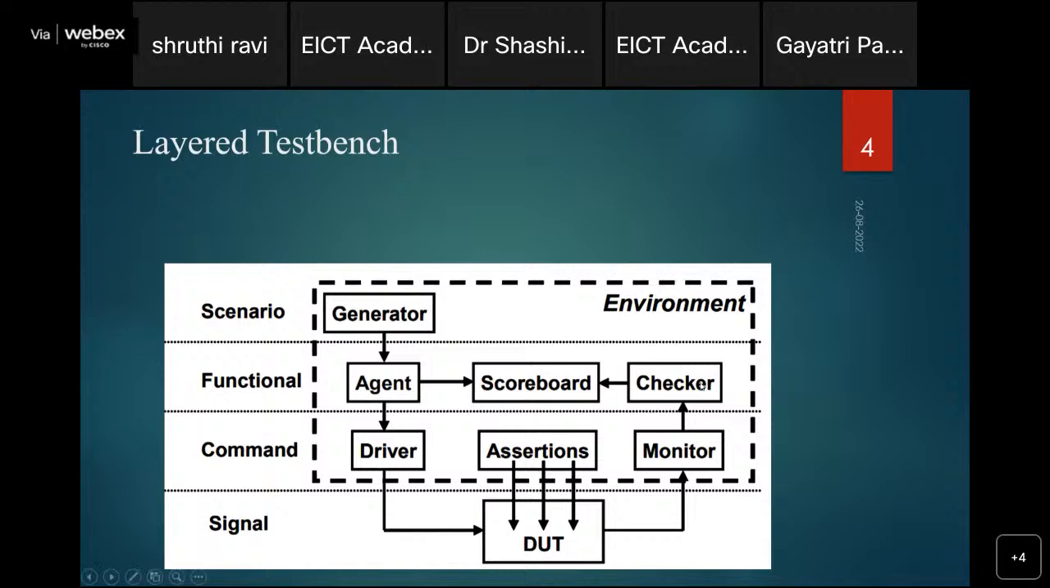And we have the next module, the checker. This checker compares the commands from the monitor with those of the scoreboard to give us the result. Now for the agent, we need the signals to be coming, so we have a generator who is going to do that. The generator is in the scenario layer. So here what happens is